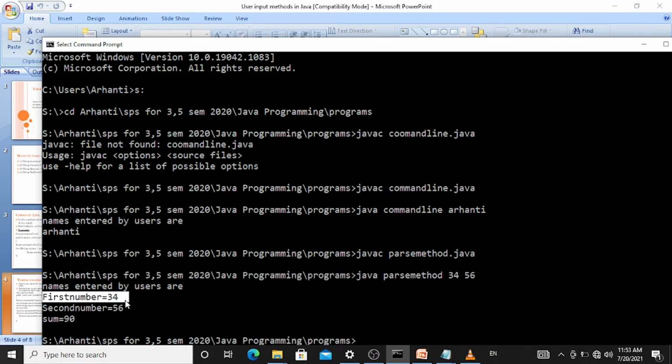First number is 34, which is passed by me as a first argument. Second number 56 is the second argument, and the sum is 34 plus 56, that is 90. So this is how you can take string values and any other values using command line argument.